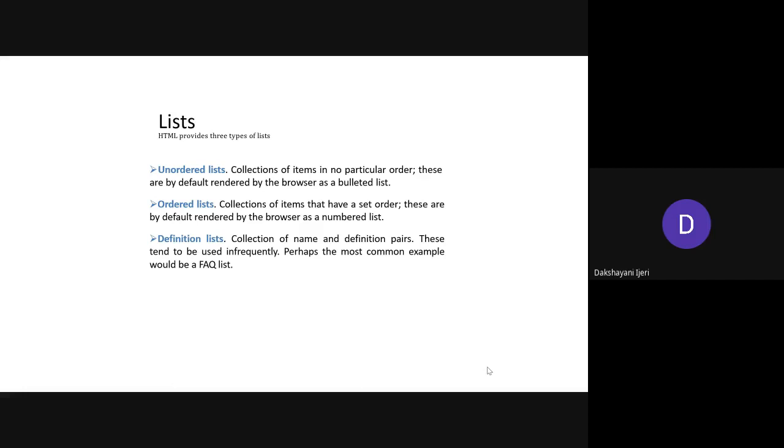Starting with any subjects that you remember: WTA, Java, CG, SSCD. So you'll make a list. If I ask you to make a list of shopping, you will sit and write all the items in order, isn't it? So these are nothing but lists. You are familiar with lists, right? Yes or no?